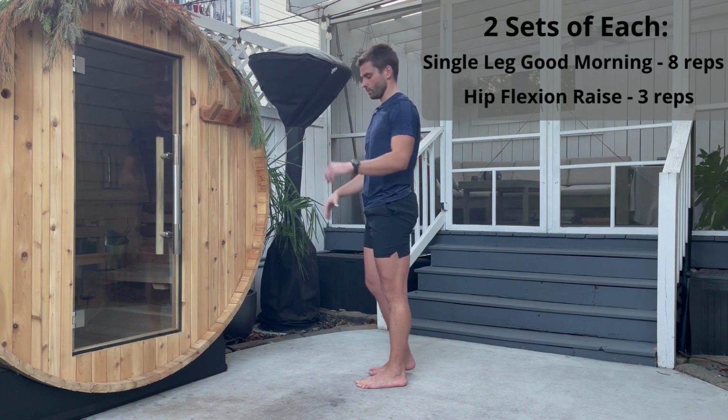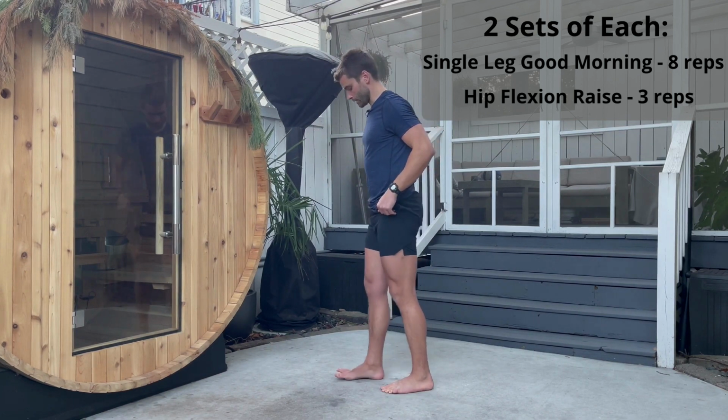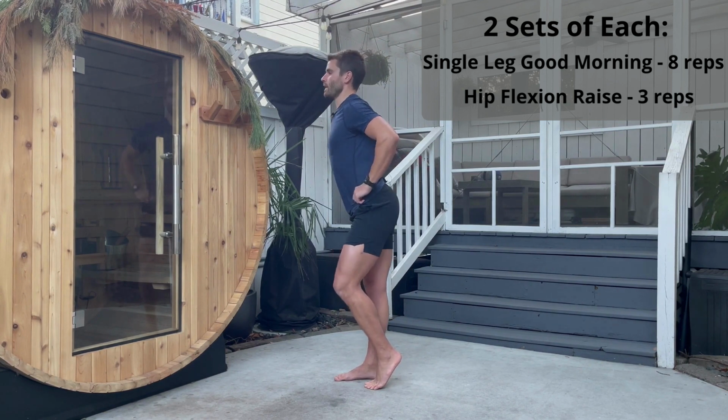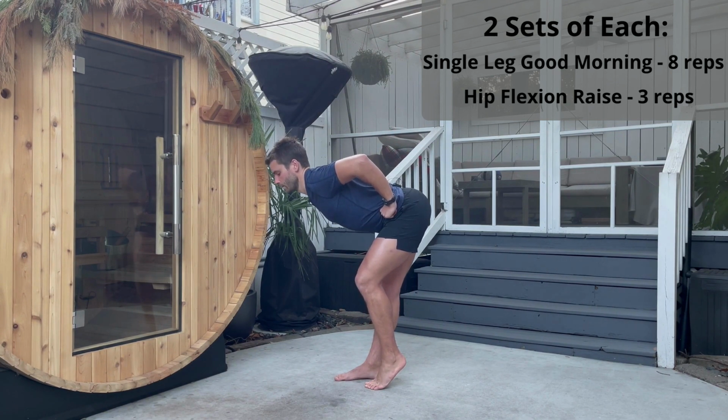8. Cool. And we'll go right to the right side. Plant that right foot. Balls of our left. Arch the low back and drive that hip back. For 1,